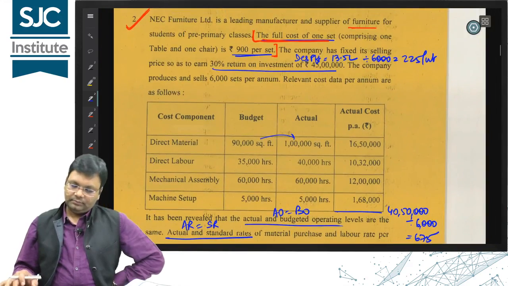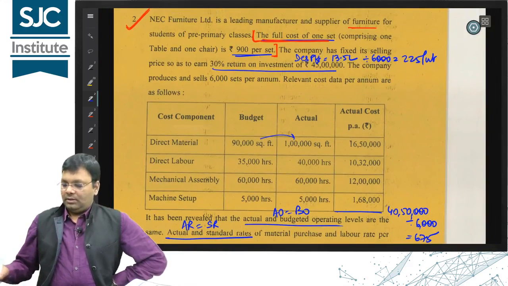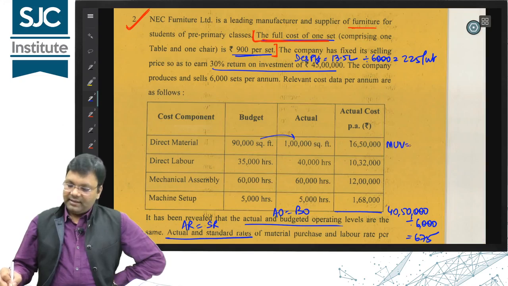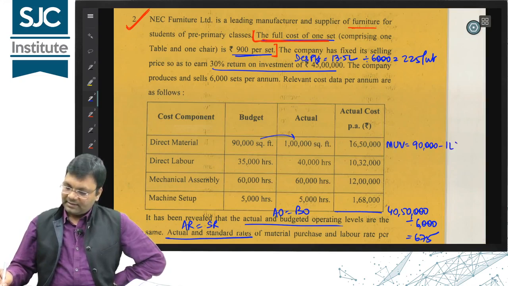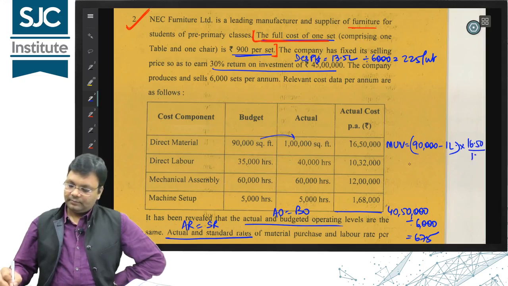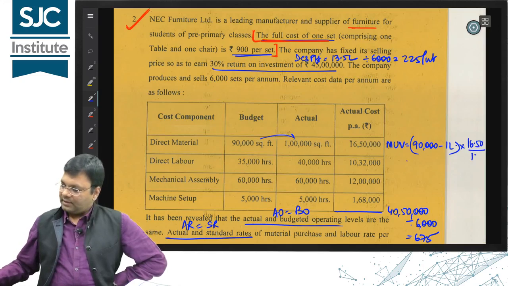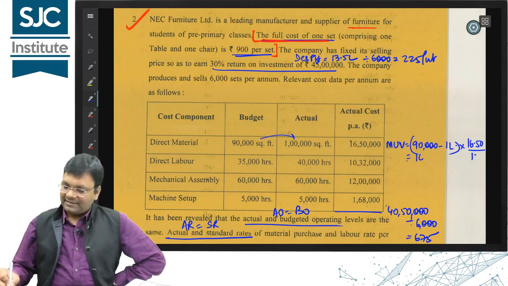MUV. So MUV will be 90,000 minus 1 lakh multiplied by 16 lakh 50,000 by 1 lakh. You see the result, 90,000 minus 1 lakh into 16.5. So this is coming 1,65,000 adverse,